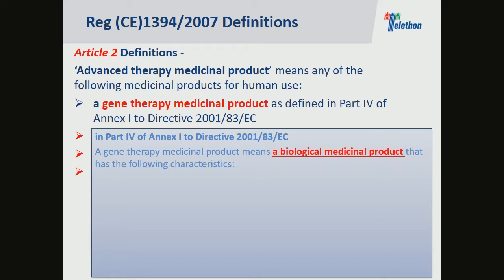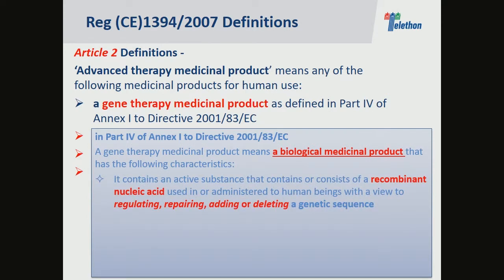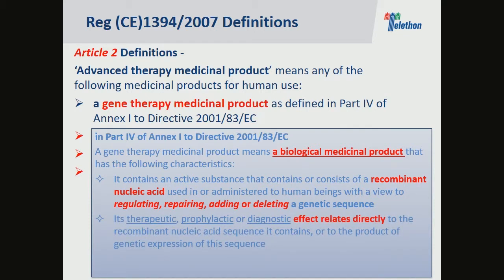So the definition is a biological medicinal product that is based on a recombinant nucleic acid, able to regulate, repair, add or delete a genetic sequence, for therapeutic, prophylactic, or diagnostic effect, related directly to the recombinant nucleic acid sequence. It does not include vaccines, so gene therapy in terms of EU regulation is not including vaccines against